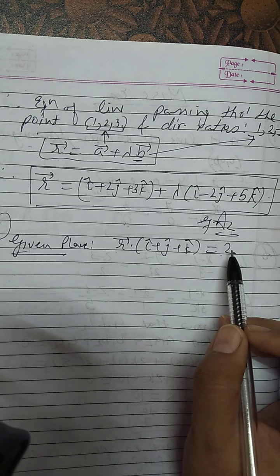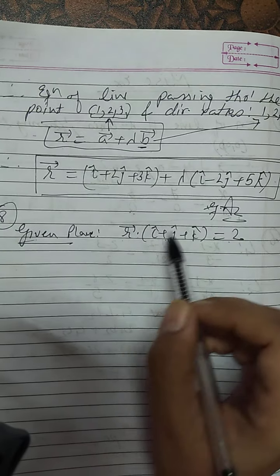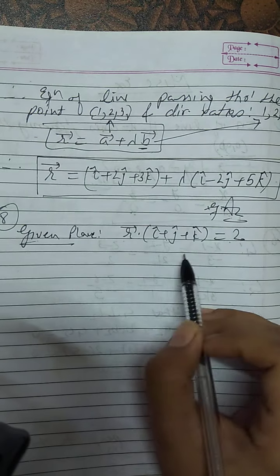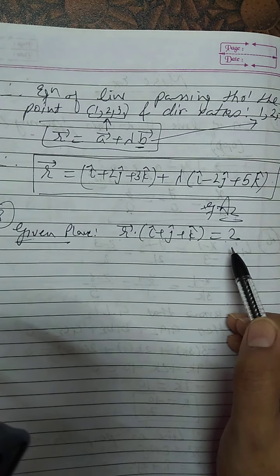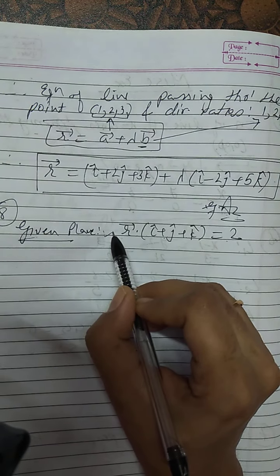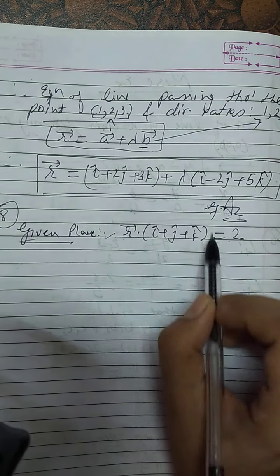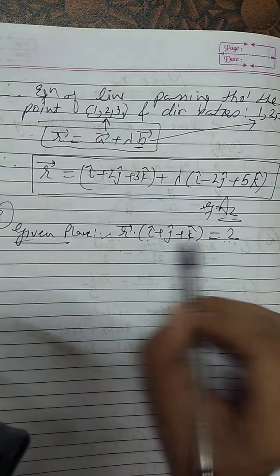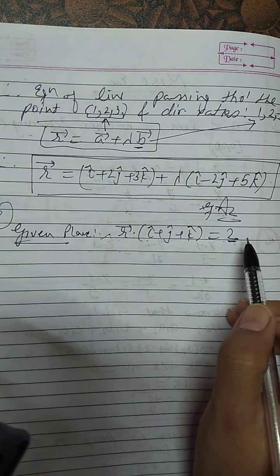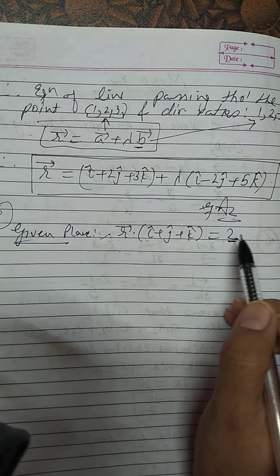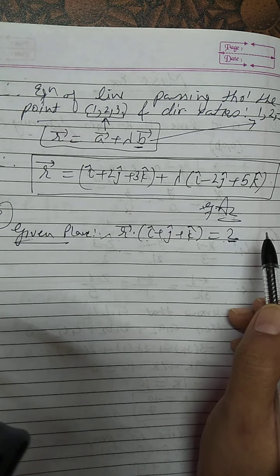Right, now we have to find the new plane which is passing through the point and parallel to this plane. Any plane which is parallel to this will have the same direction ratios, because the plane will have the same direction as this plane. So this thing will remain the same, but yes, the distance will be different. This plane has a fixed distance 2 from the origin, but for the new plane I don't know at what distance it will be, so we can take an arbitrary constant.